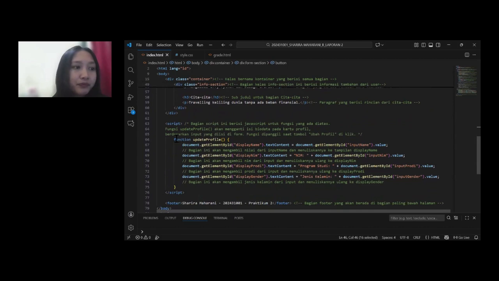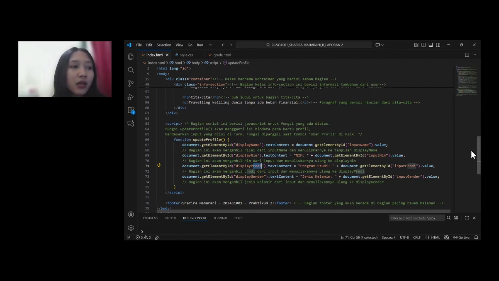JavaScript. The function updateProfile retrieves the user's input from the form fields and replaces the text displayed inside the profile card. This means the user can change their name, their student ID, their gender, and study program dynamically without reloading the page.